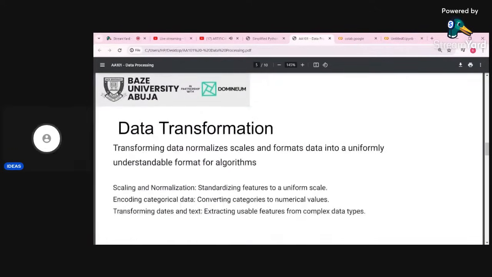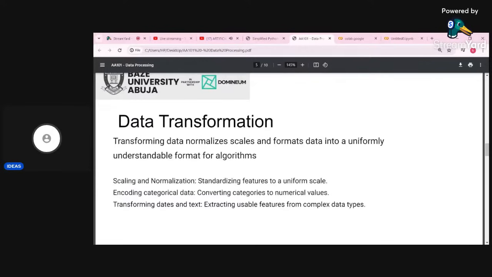So apart from data cleaning, we also have data transformation. This is just transforming data that normalizes, scales, and formats data into a uniformly understandable format for algorithms. So remember our housing price example. You can have the size of the house that can range from 1,000 to 3,000 square feet. You can also have the number of bedrooms that ranges from, let me say,